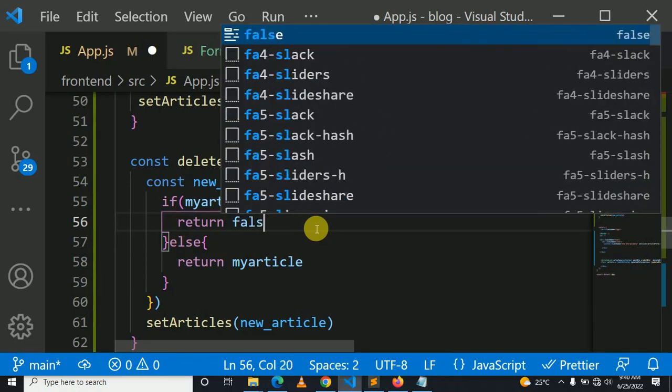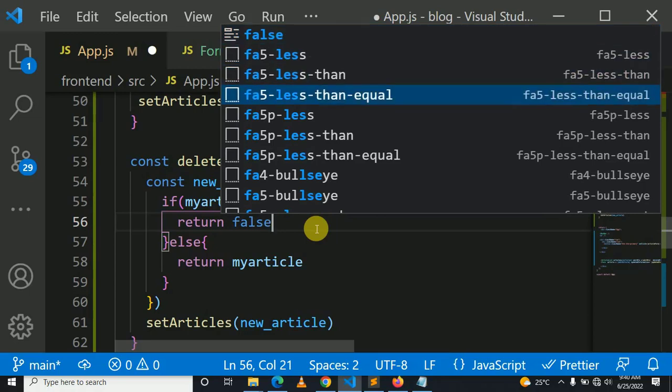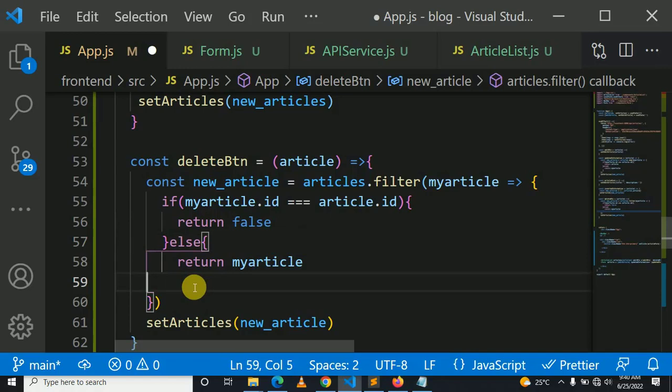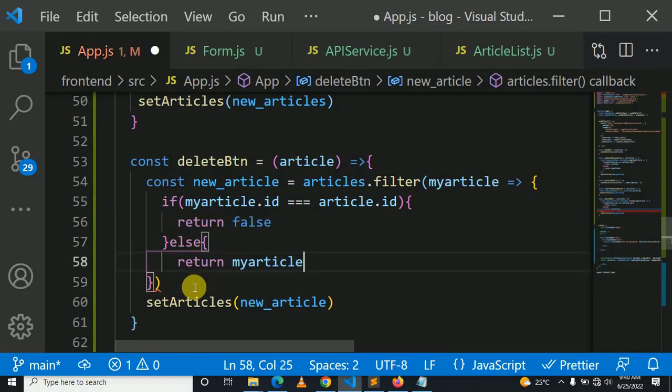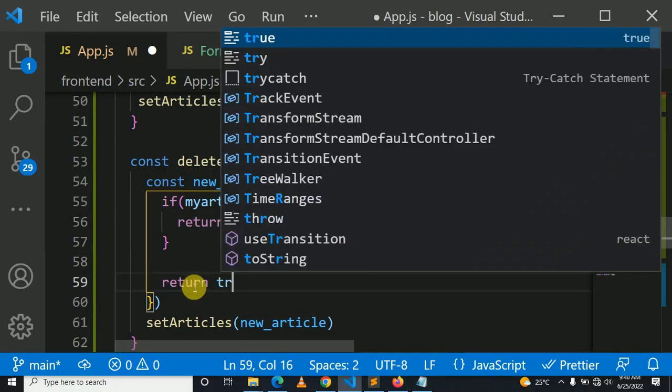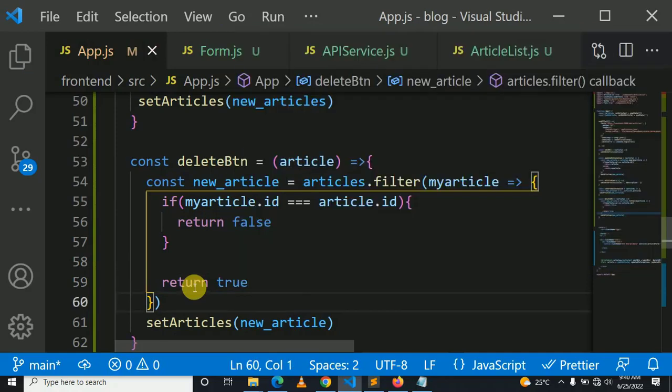Okay, return false. Here it will return true. To be returned true. So once I go in form, should this be in form, or should it be in